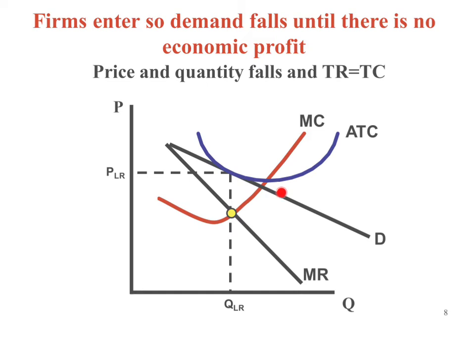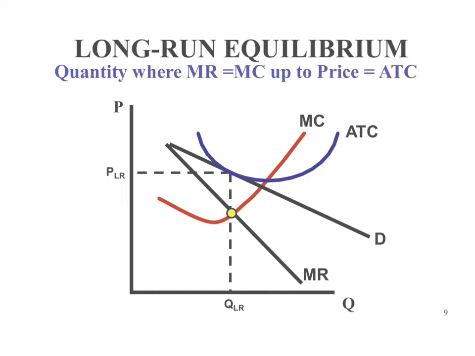Okay, some things to keep in mind: minimum ATC is where marginal cost intersects. Even though we have a long run here where we have zero economic profit, note that we do not have productive efficiency. This is, for the most part, breaking even, but minimum ATC is all the way over here. The quantity that would be the lowest per unit cost would be this quantity. So again, take a look at that long run ATC, and we'll note a few more things about it.